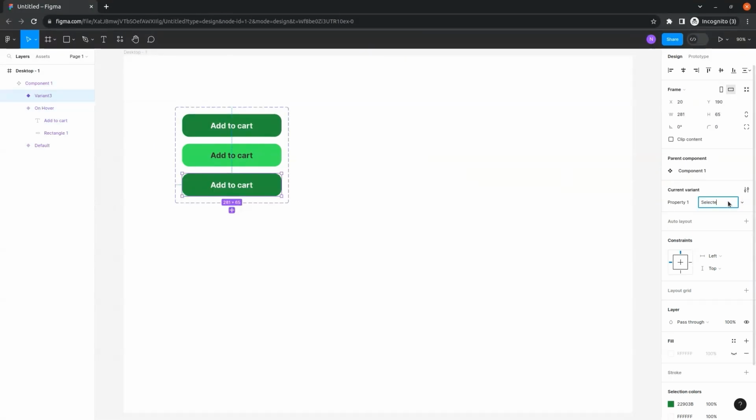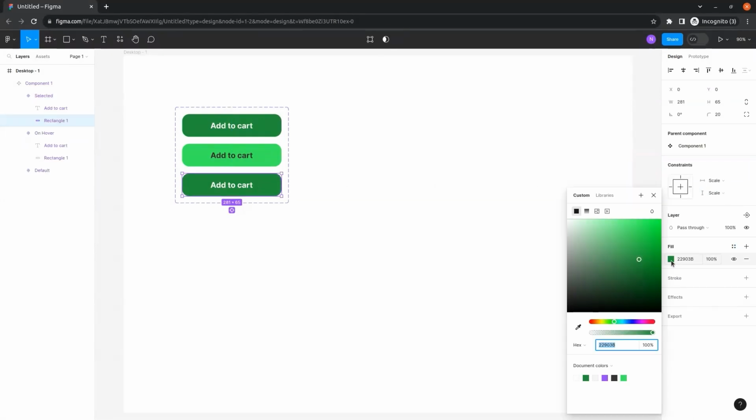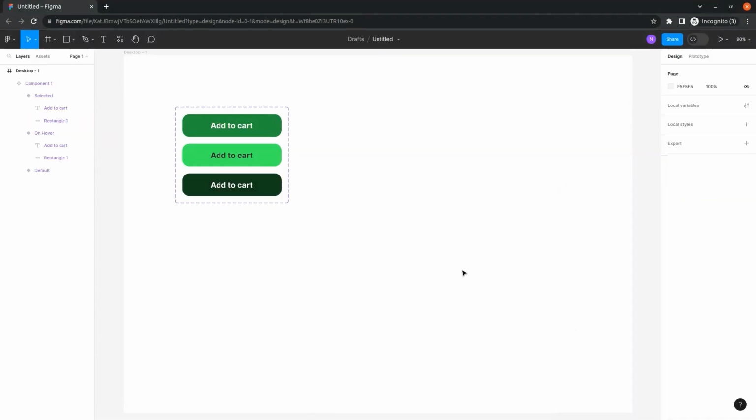Select it, and again we can change the color for the selected variant to a little darker, maybe dark green. Now our component is ready, and in the assets we can see we have this component which we just created,